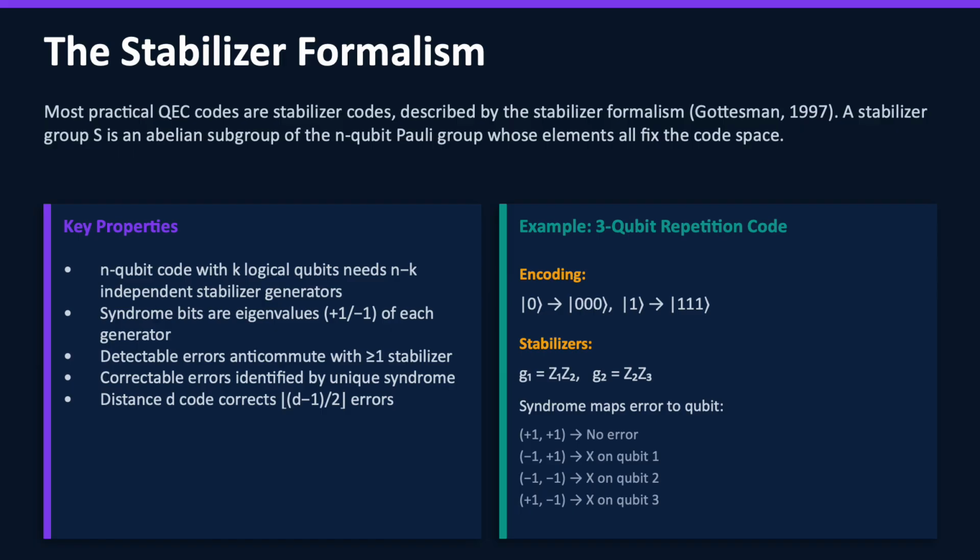When an error happens, it breaks one or more of those relationships, and questions start returning no instead. The power of this framework is that the questions are designed so that their answers reveal which error occurred without revealing anything about the actual data. You can think of it like checking whether a jigsaw puzzle is assembled correctly by asking whether adjacent pieces fit together properly. You can tell if a piece is in the wrong place without needing to read what the picture on the puzzle shows. Each generator is like checking one set of adjacent pieces. The collection of all the yes or no answers you get forms the error syndrome.